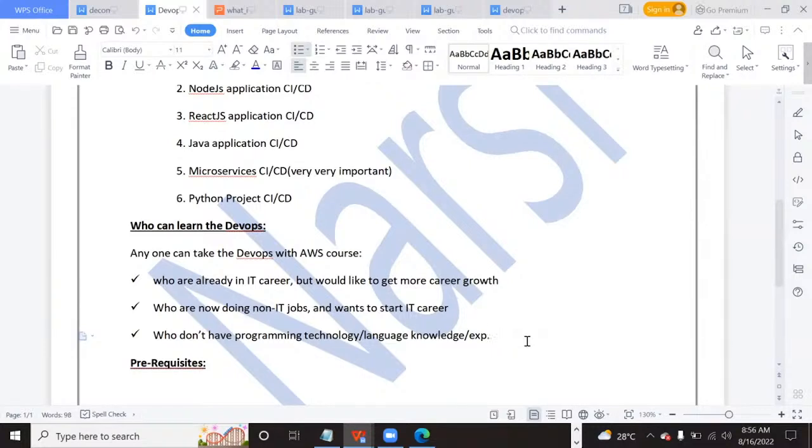100% it will help, because you will get end-to-end knowledge: what happens with the developer, when the DevOps engineers will come in exactly and what they will do, and where the cloud infrastructure will come in. Also, once you have done this course, I'm pretty sure you will be able to give suggestions as well, like why can't we take Ansible here, why can't we take a Kubernetes cluster here, why can't we take Docker here. Such suggestions you can give,